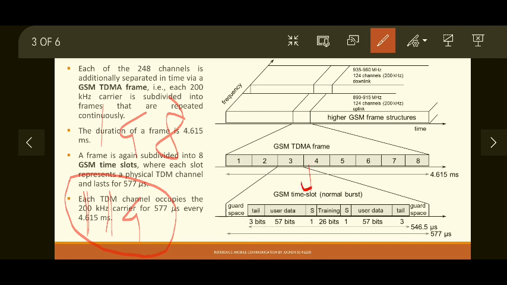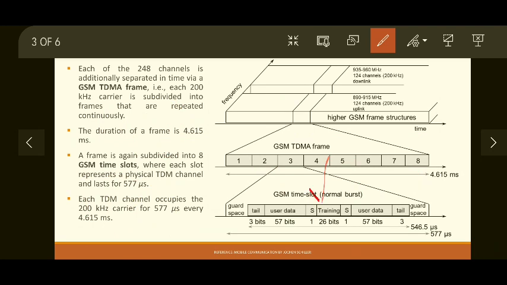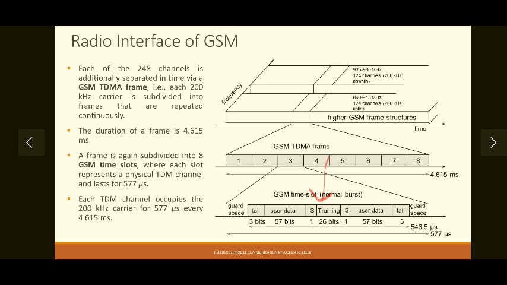Then there is the S bit, a single bit. The S bit indicates whether the data contained in these fields is user data or control information, like information sent from base station to mobile switching center or mobile switching center to mobile switching center. What kind of information is contained in the user data is indicated by these S bits. Then there are 26 bits for training. These training bits are used again for synchronization during the transmission. So let's see the details of each of these bits again.